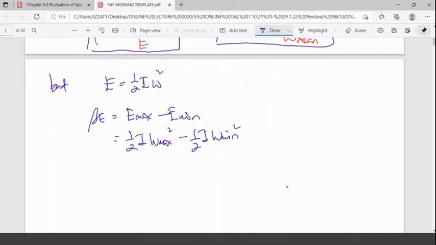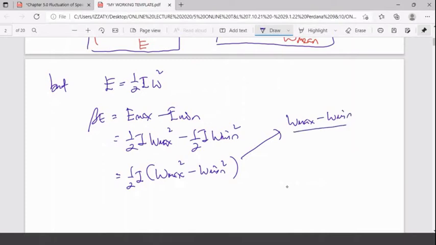You can simplify the equation because it is not very difficult. Put in factor, this one is omega max squared minus omega min squared, and this can also be in the form of omega max minus omega min